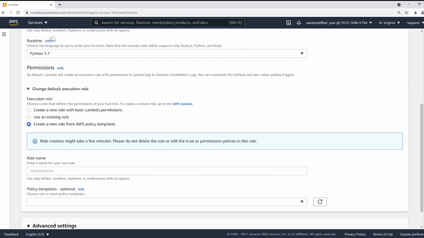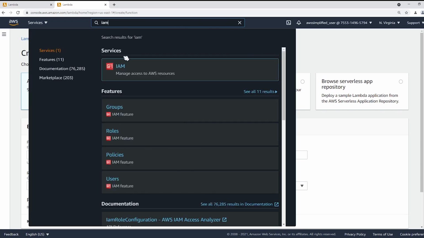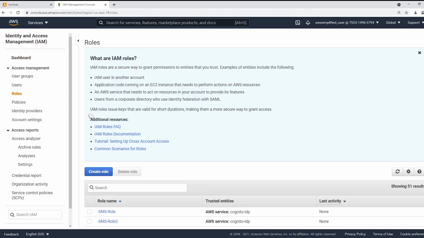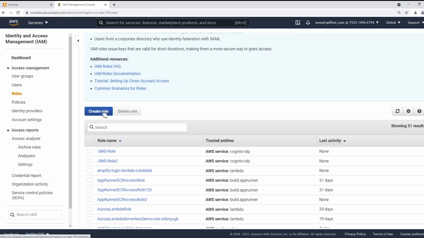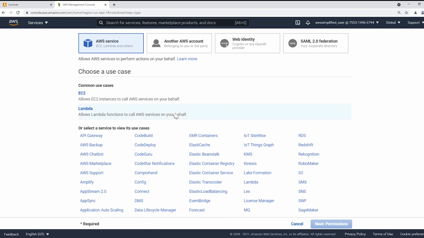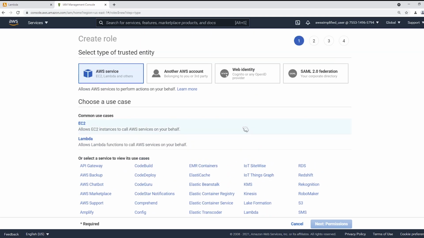So I'm just going to go to the top and duplicate this tab really quick. Let's head over to IAM now. Click on this. And in IAM, we want to go to the role section and click on create role here. So create role. And then for us, we want to, if there's an option here for Firehose, yeah, there's no option here for Firehose, unfortunately. And then from here, you can see there's some common use cases. We're going to be using Lambda here.